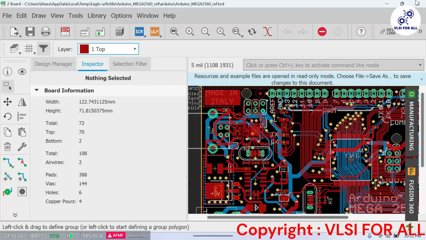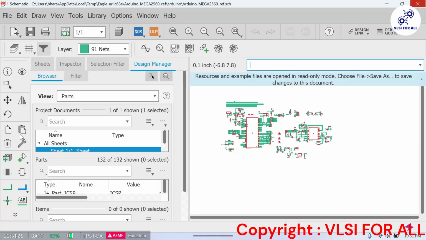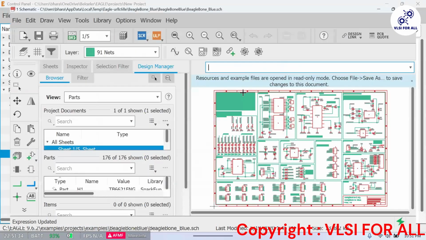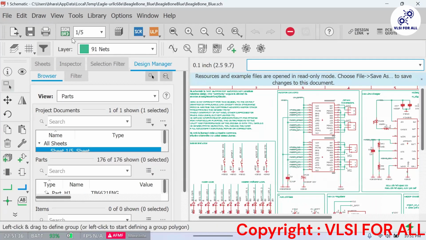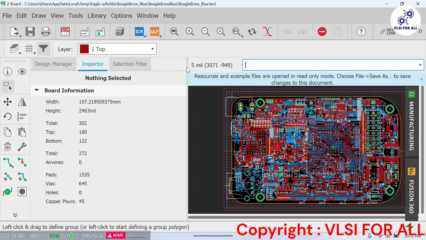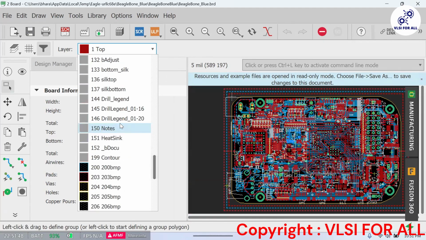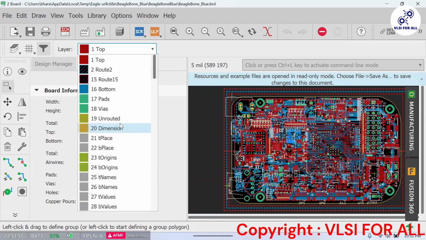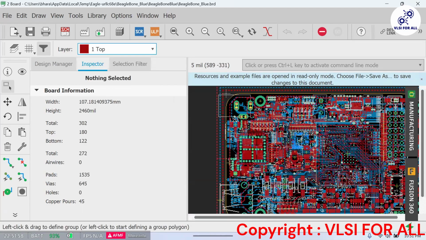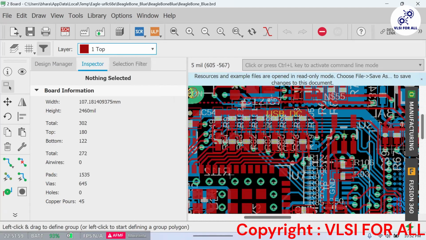If you want to go for a more complex design, you can do that also. Beaglebone is a microcontroller board. If you go for this Beaglebone board, it's a very huge block, as you can see here. Now if you go for the schematic of this one, see how dense it is. Just imagine how dense it is. I'm not sure how many layers they have used. Okay, it is 16 layers. Just see how complex they have made it.